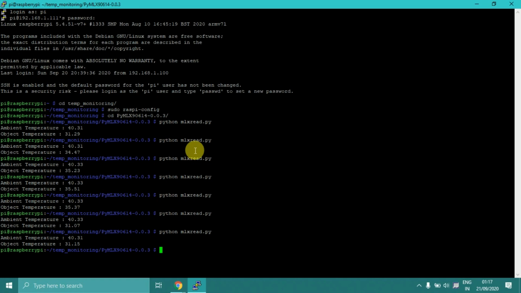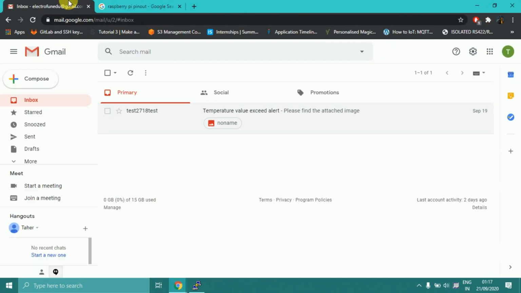Now moving on with the email part, what you need to understand over here is, before installing the SMTP server and sending the mail from your Raspberry Pi, Gmail doesn't allow any Python script to send the email.